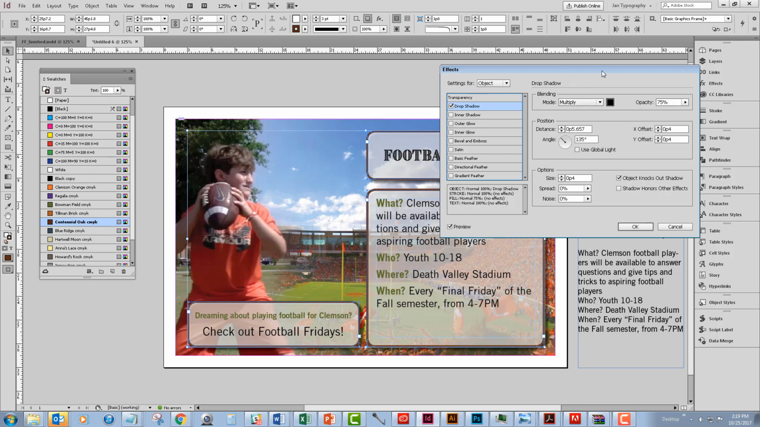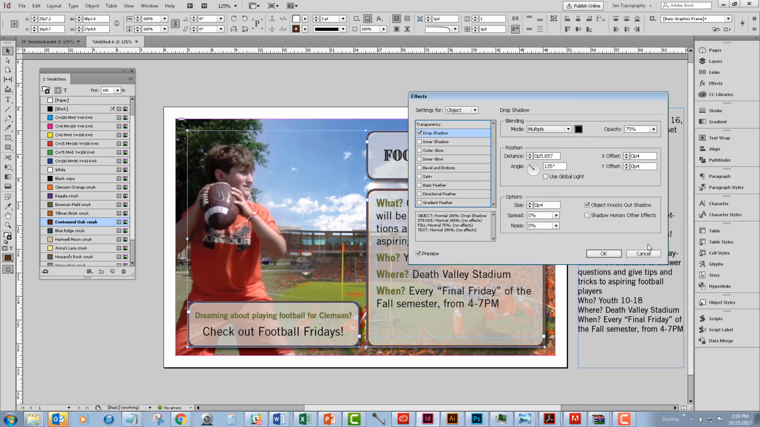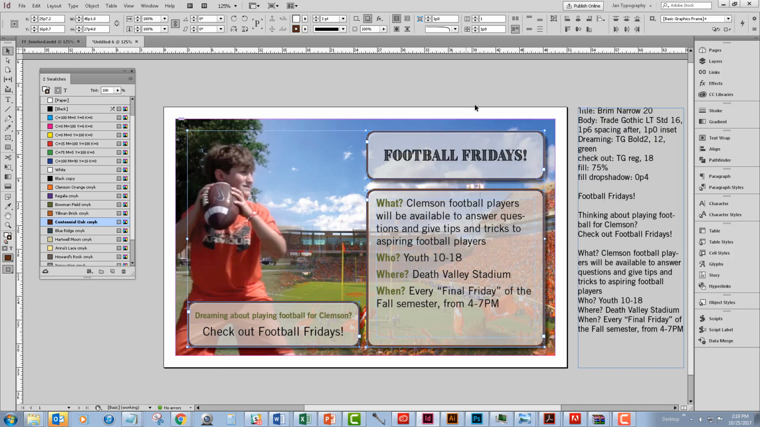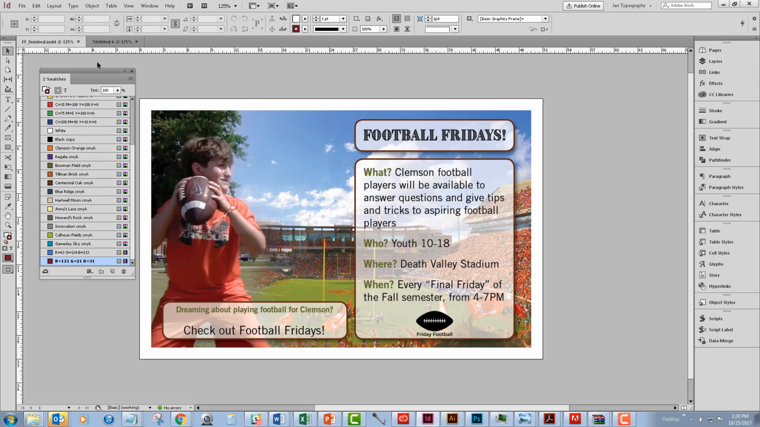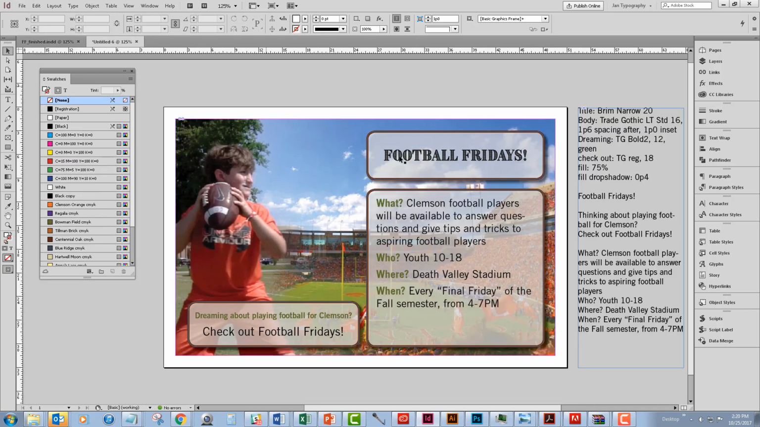Sometimes I'll change the opacity, but this looks pretty good. And I'm going to click OK. And now I have my panels, and you can see a little bit of the background in it, which looks nice. And so the last thing that I've got to add in is the logo. So I'm going to add the logo in, and I see that in the other